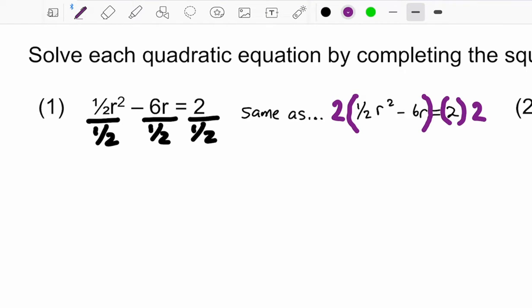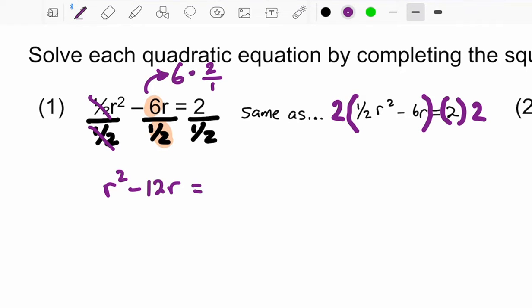All right, divide anything by itself, the result is equal to 1, so r squared. When you divide by a fraction, it's keep, change, flip. So this little guy here is the same as 6 times 2. 6 divided by 1/2 is the same as 6 times 2. All right, keep, change, flip. If you're ever unsure about something like that, chuck it into a calculator just to play it safe. But that's going to be minus 12r